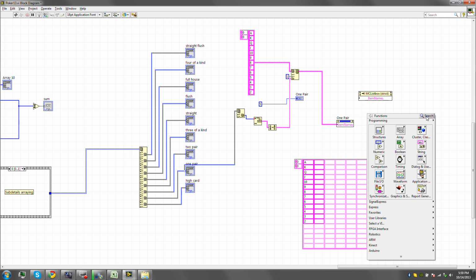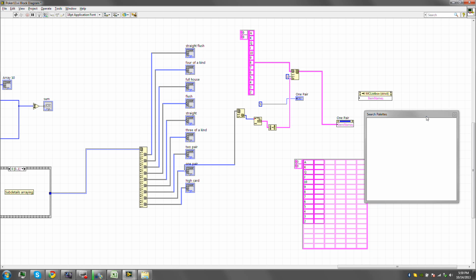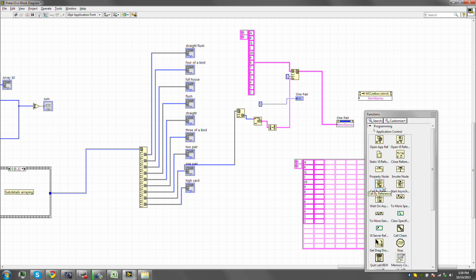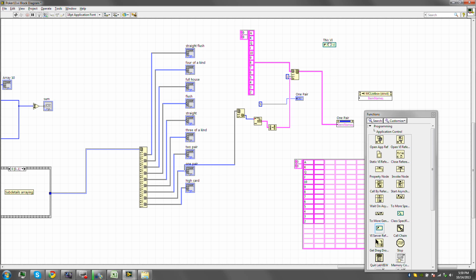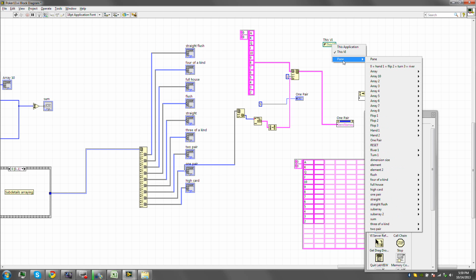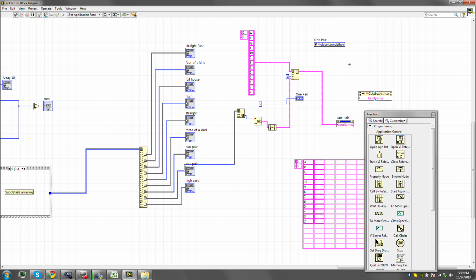Can we get an easier way to get a reference other than doing it? Let's see, call by reference, static, VI, call by reference. Call by reference, no. VI, server reference, this VI, pane, aha, there we go. So pane, we need the one pair,